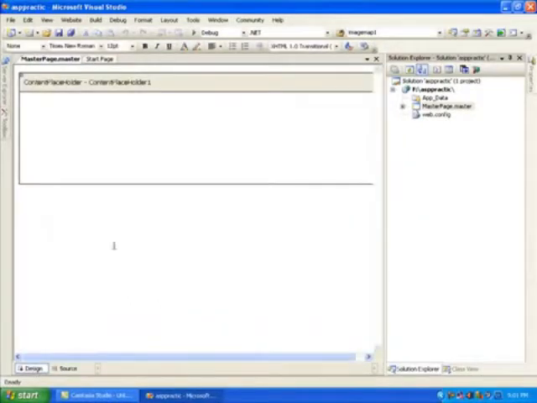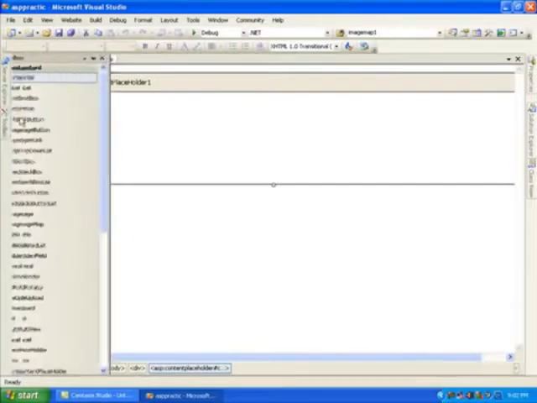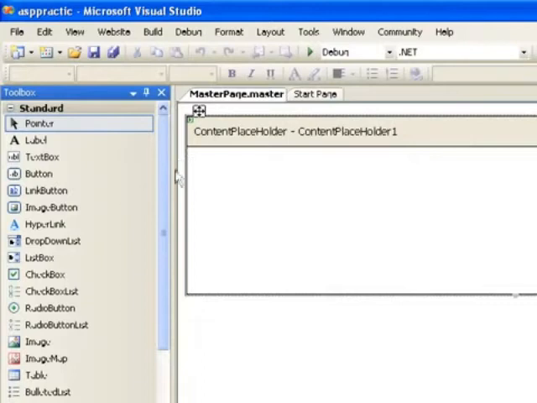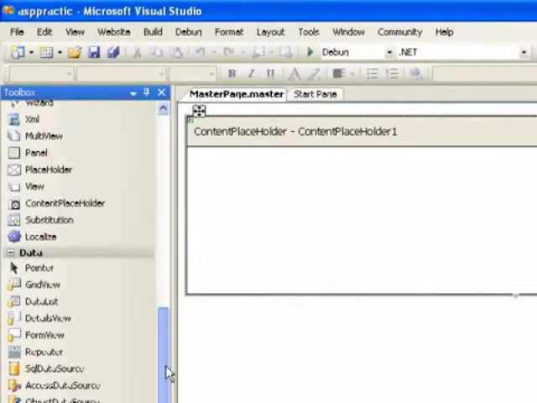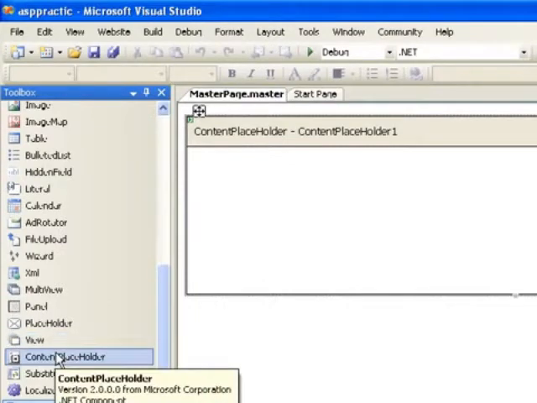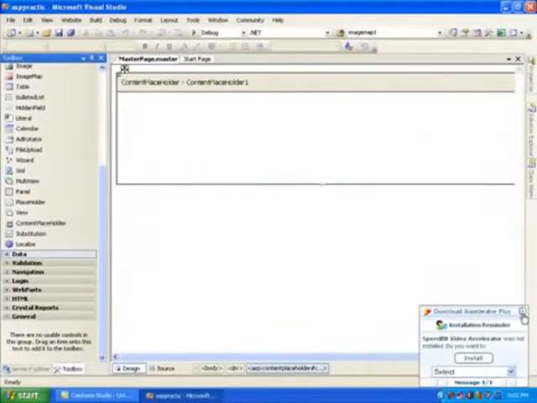I go to the design view, and I find that a content placeholder is there by default. The difference between a master page and a content page is that the content placeholder is a tool that I will definitely find in my master page only, by default. You can look at it very clearly over here. At the bottom of this particular tool, I will find a content placeholder where my cursor is. You can clearly compare both of these. This is a content placeholder and that is content placeholder 1 also there.